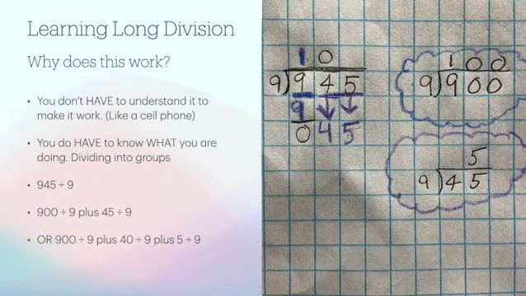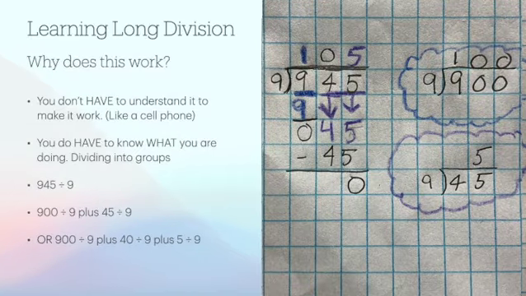And now you're thinking, how many 9s are in 45? Well, that's one of those basic facts. Just like 9 goes into 9 once, 9 goes into 45 5 times. Then all I have to do is take the 100 and add the 5, and you get 105 as your